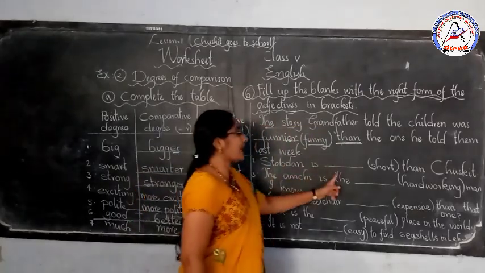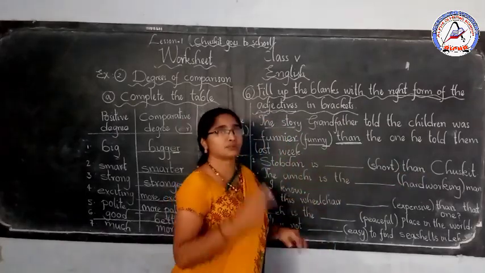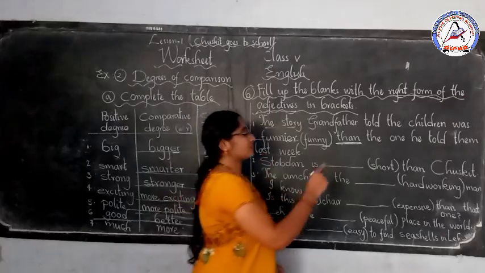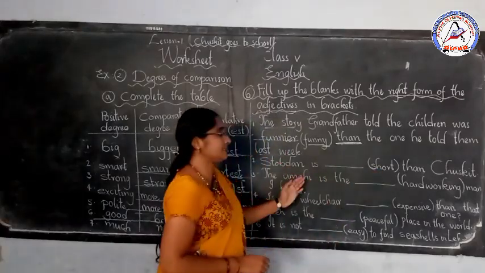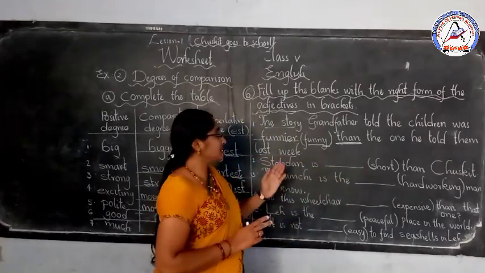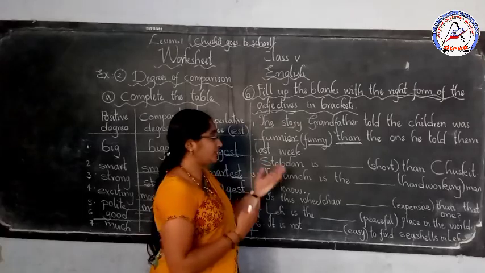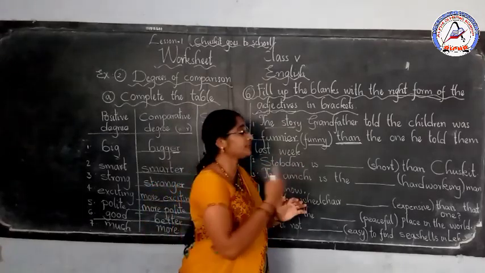Stop then is dash than Chesky. See here, stop then and Chesky. Two people. One is stop then, another one is Chesky. Now what is the word here? Short. Short than is short than Chesky. Now tell me, how many people, this sentence is telling what? Okay, did you understand what is this sentence? Stop then is short than Chesky.